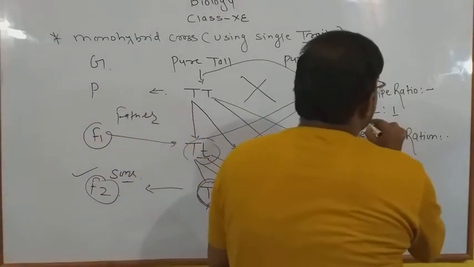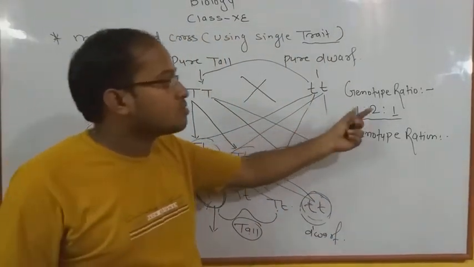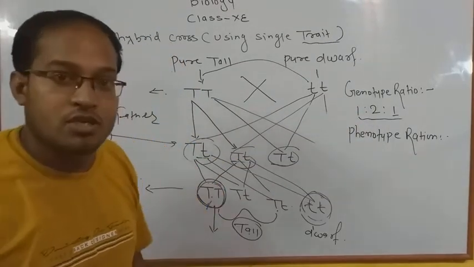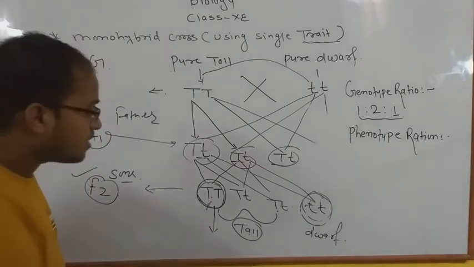So genotype ratio is 1:2:1. So most important you have to write down because most of the time this type of genotype and phenotype ratios are asked in the examinations. Okay, so next coming to the next important point, we have to discuss that